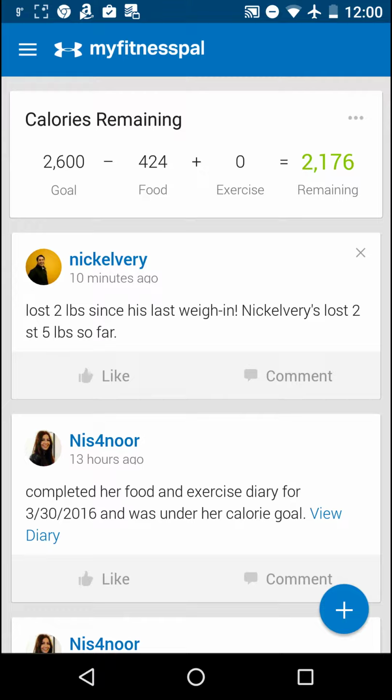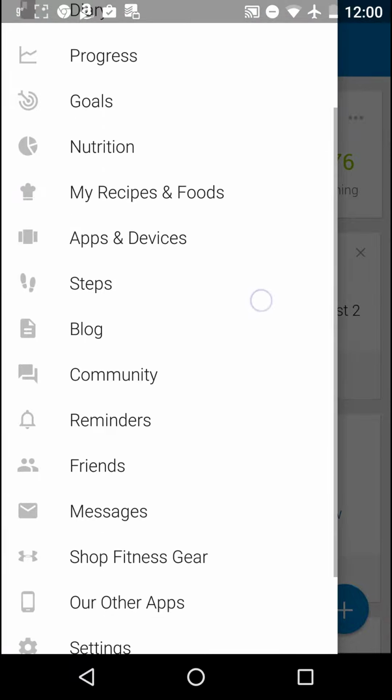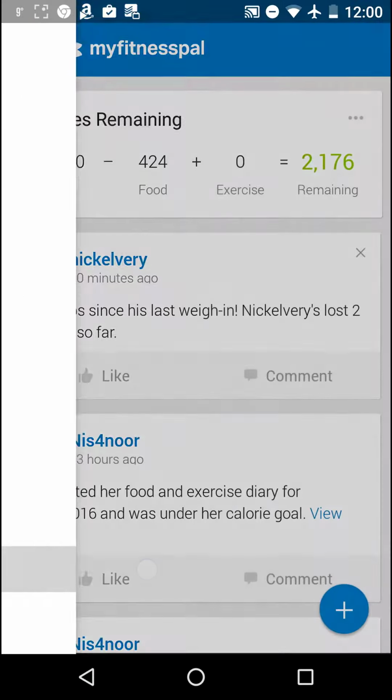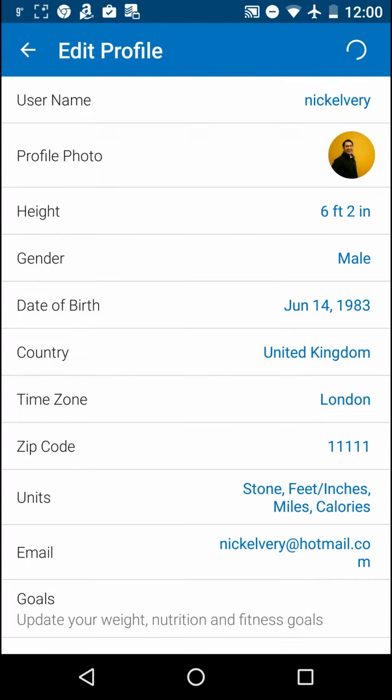Okay, so what we're going to do first is set the application up. There's a little bit of stuff that you need to do to make sure that this is running right. So top left, you'll see three little white bars. That enters the menu system. So if you click that, you'll have the menu system. So the first thing we need to do is go into settings. And then if we go into the profile at the top, now some of this will be set up when